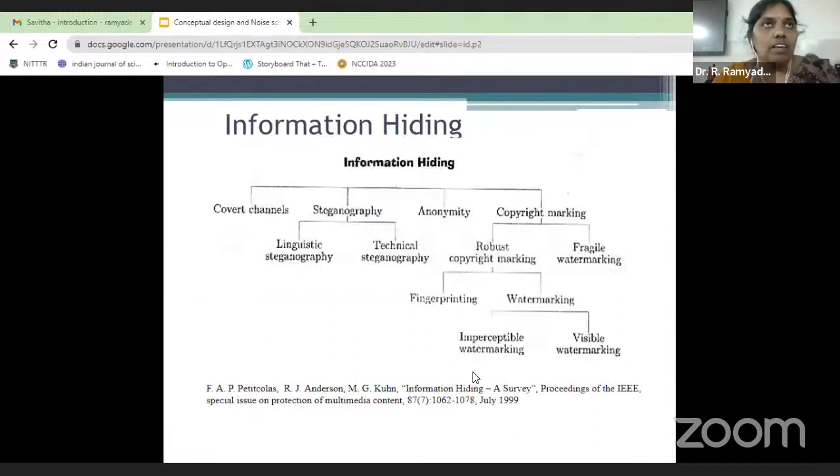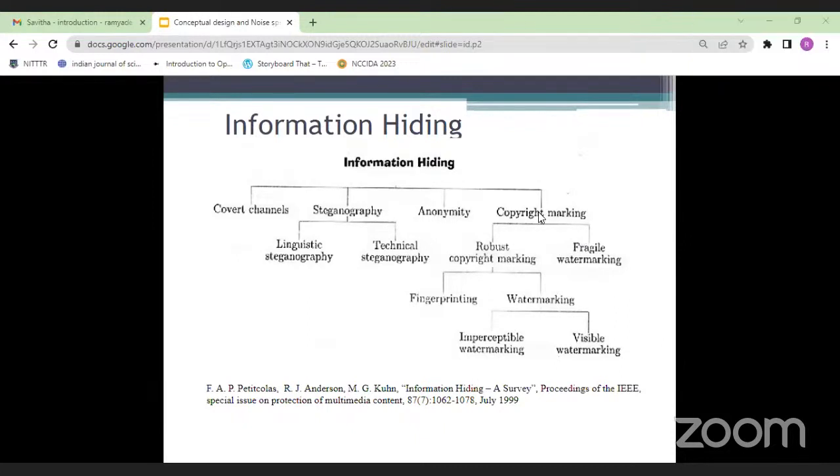We will have a quick recap of information hiding, which is the basis of steganography. Information hiding is a branch of computer science that deals with concealing the existence of messaging. It is related to cryptography, whose intent is to render a message unreadable except by the intended recipients.